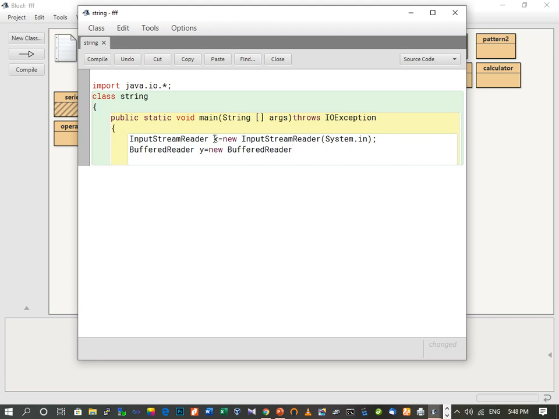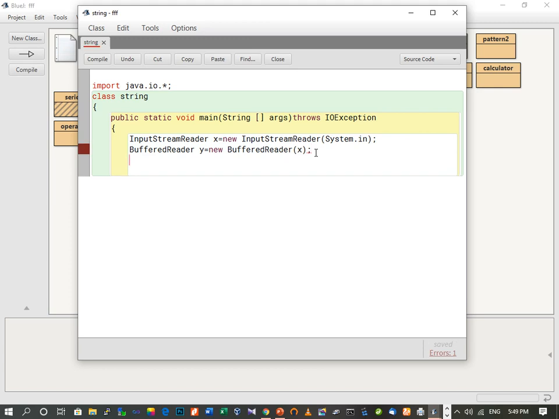This is going to convert the bytes into characters, and these characters we have to read. That is why we pass x here. So this object y is going to read this x. Whatever string the user enters will be read by this statement.